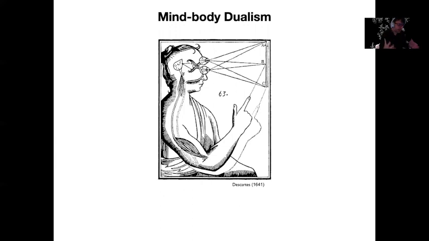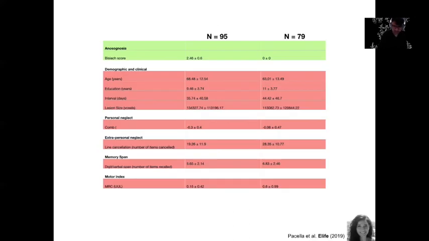And that's patients that have, after a stroke, a hemiplegia, they cannot move their arm, for example, their left arm, but they are not aware of the loss of motricity in their arm. So they don't have the gnosia, the knowledge of the motricity of their arm. So what we tried to do, and this was with Valentina Pasella during her PhD, is try to investigate what